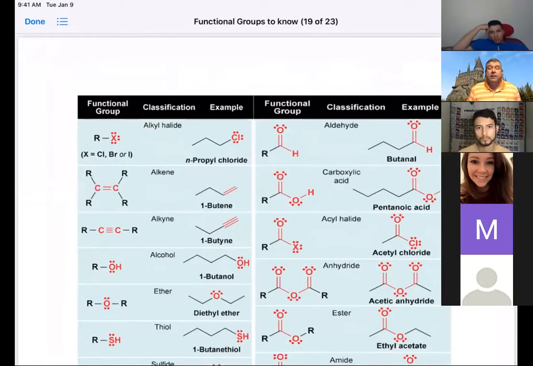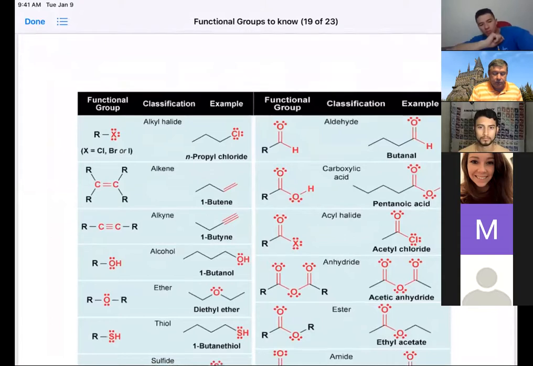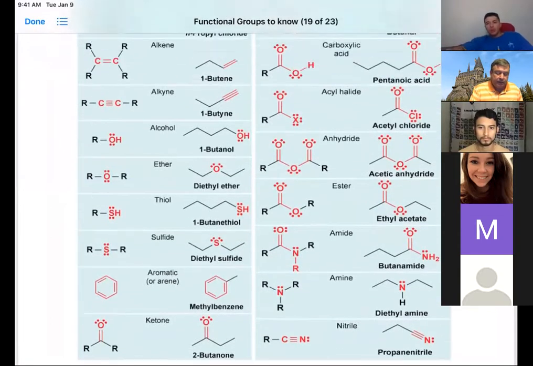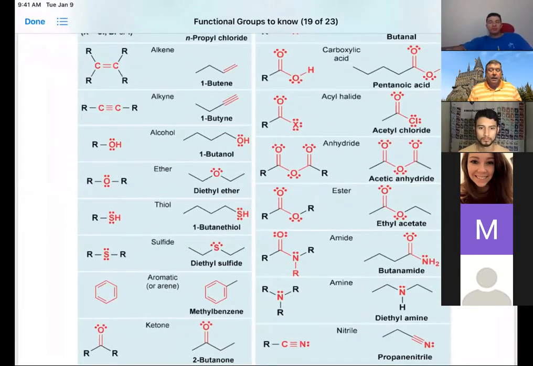It's basically a copy and paste from the reading assignment, but it gives you an idea of all the different functional groups we will be looking at in both semesters. We're going to get all the way through to some of the carbonyl compounds this semester, but it'll give you all the functional groups that we'll finally do by the end of the whole semester. It's a good idea to get very familiar with these functional groups and what they look like in general.